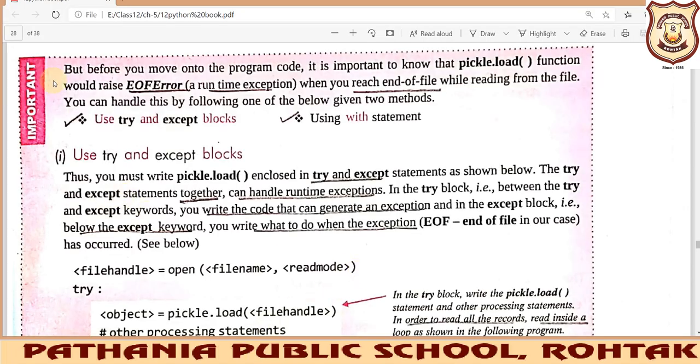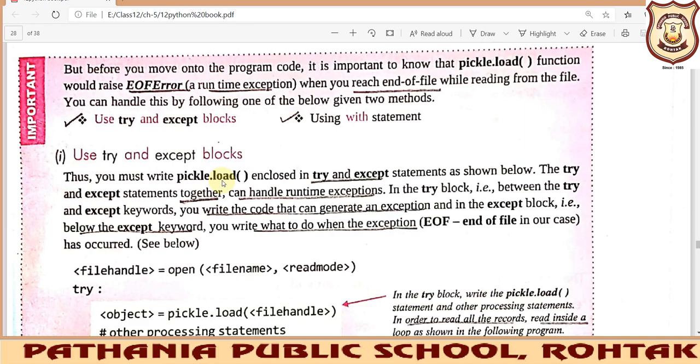So what is the try and except block? Whenever we are dealing with a binary file, we know that we have to deal with the pickle module, and the pickle module includes functions like the load function. The load function is basically required to read the file. So here we have to read the file in that particular program, so we'll be using the load function.